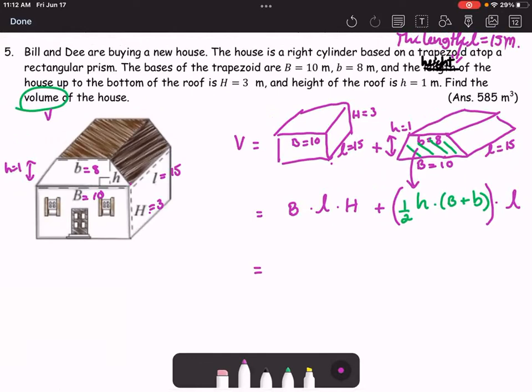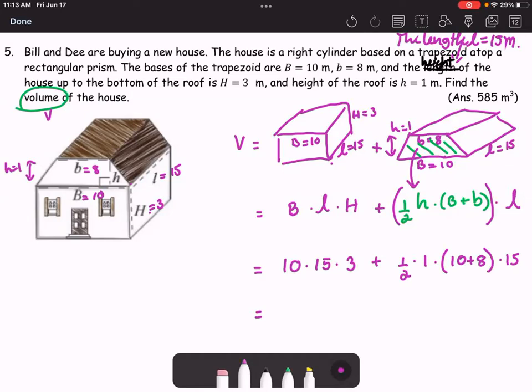Uppercase B is 10, so it will be 10 multiplied by the length, which is 15, multiplied by the height, uppercase H, which is 3, plus 1/2 times the lowercase h, which is the height of the top part of the house, which is 1, times the sum of the two bases. Uppercase B is 10, lowercase b is 8, and then multiply by the length, which is 15, and then simplify the expression. So 10 times 15 times 3